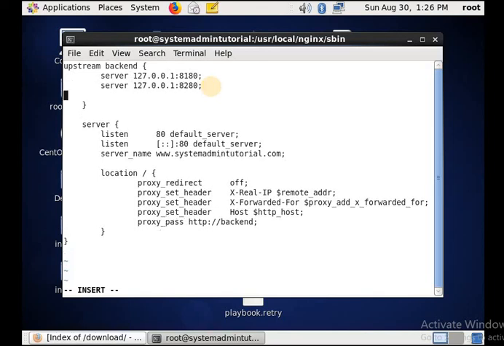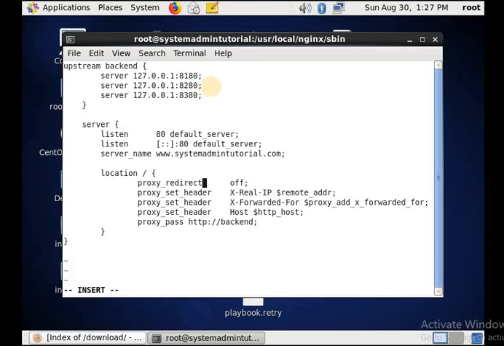If you are having vertical clustering, then you can give the different IPs with the port number. If the IP is different and the port number is 8080, then you give the same port number and different IPs here, and the rest of the things will remain the same.